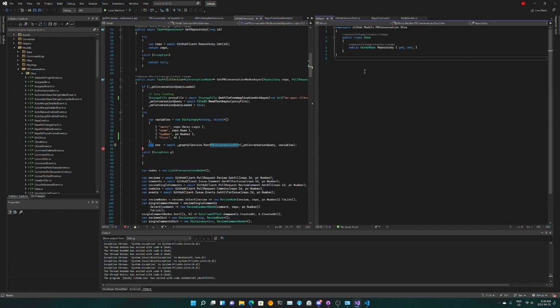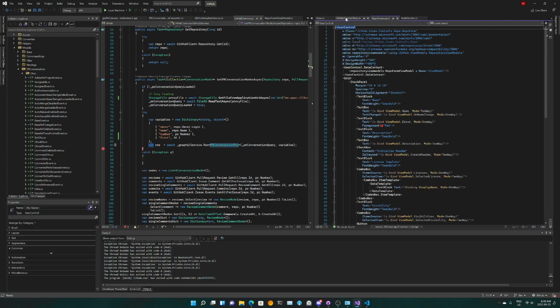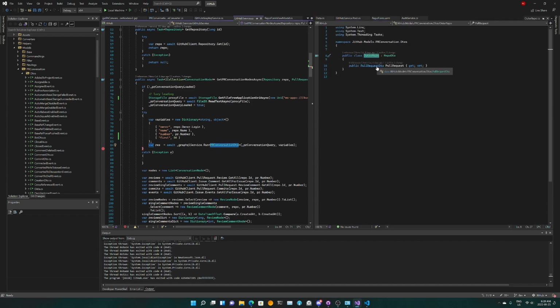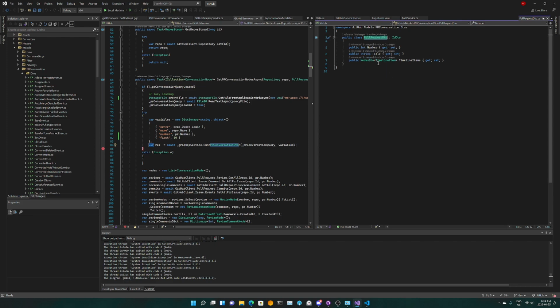are very generic. So if we take a look at the items that we have, you have the outer layer of data, and then going into the data, you have repository, and repository has the request DTO, which has all of the nodes from the timeline items, and the timeline item is the most complicated thing in this object.